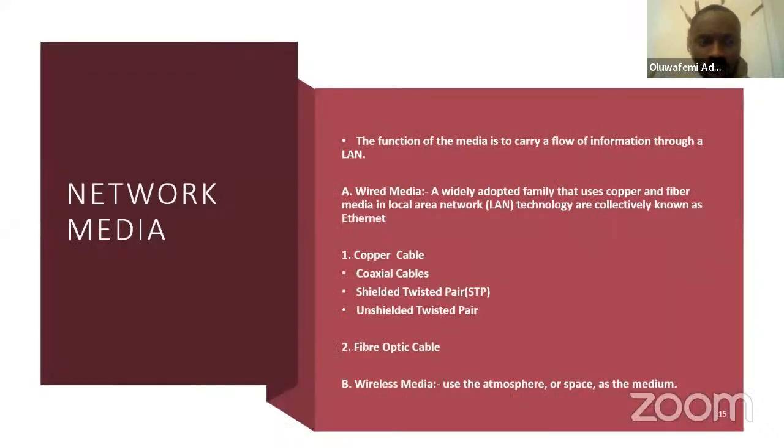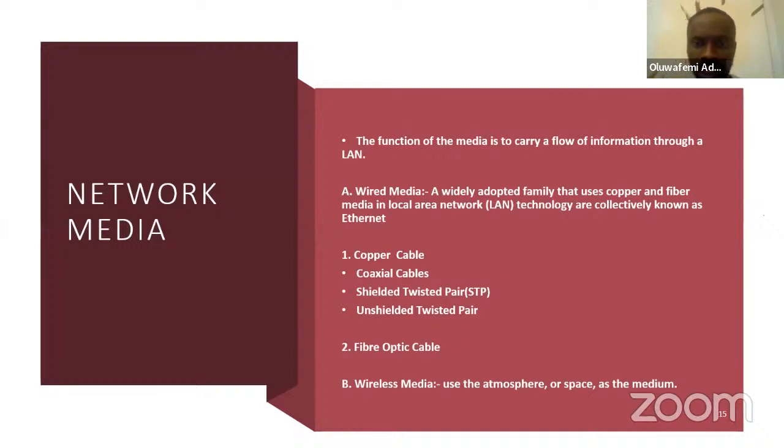Now, the next thing we want to talk about is the media. Don't forget, we have explained what a network is. I'm trying to do a recap. A network has to do with nodes, the interconnection and the protocols. So the node is what we just spoke about. We have hub, we have switch, we have NIC, which is literally a network card on your system. We have router, we have firewall. And then now we are talking about the interconnection, which is the network media, the means at which data, a packet, and information is being transferred, right?